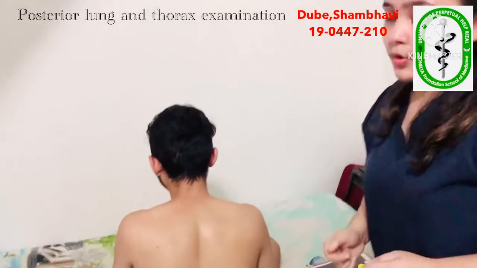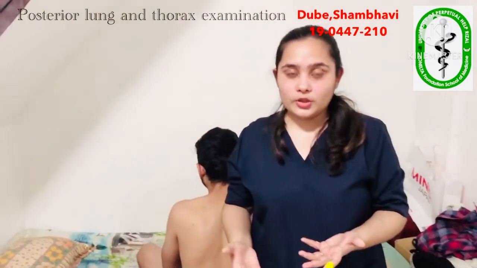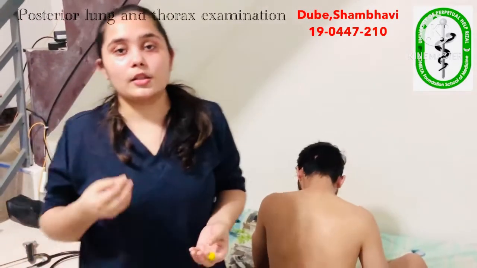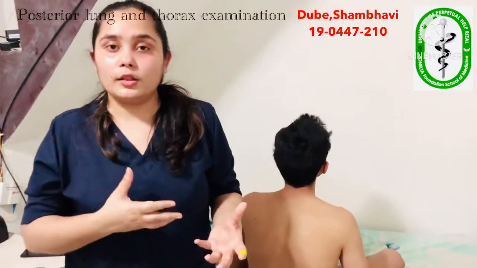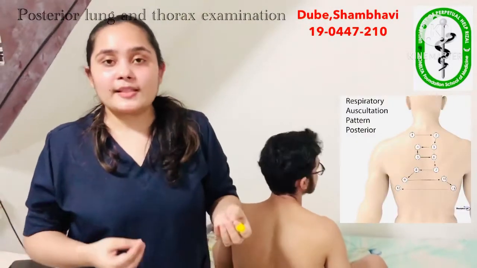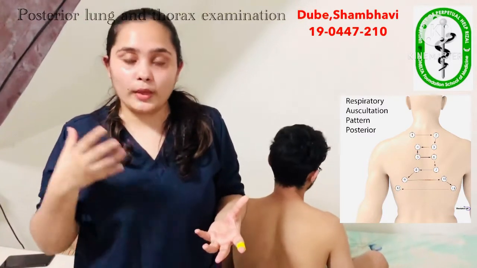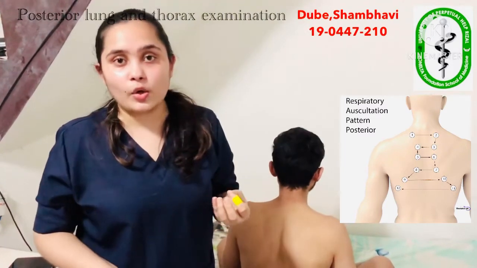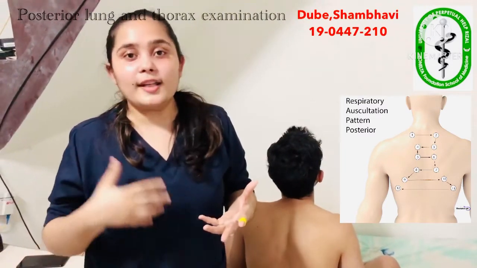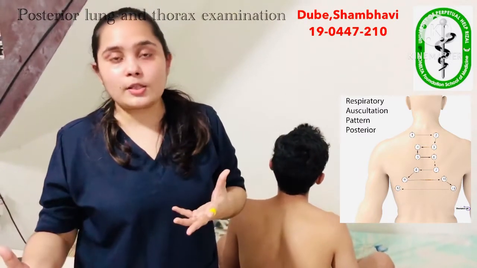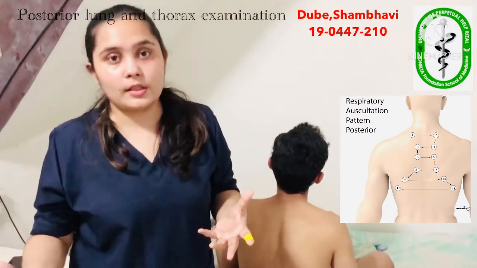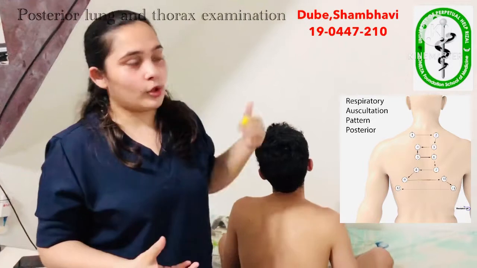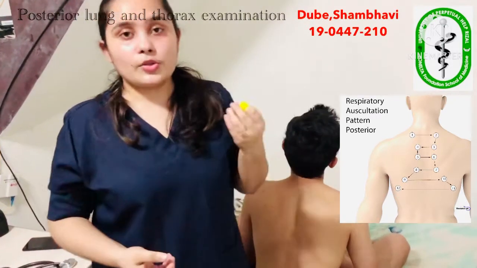So yeah, this was the test for percussion. Now I'll do auscultation. Auscultation is a very important examination for knowing the airflow in the tracheobronchial tree. In this we'll know the breathing sounds, and whether there are any adventitious or add-on sounds or any abnormal sounds like rhonchi, wheezes, or snoring sounds. For that I'll use my stethoscope and place the diaphragm on the area which I need to auscultate. So now I begin.